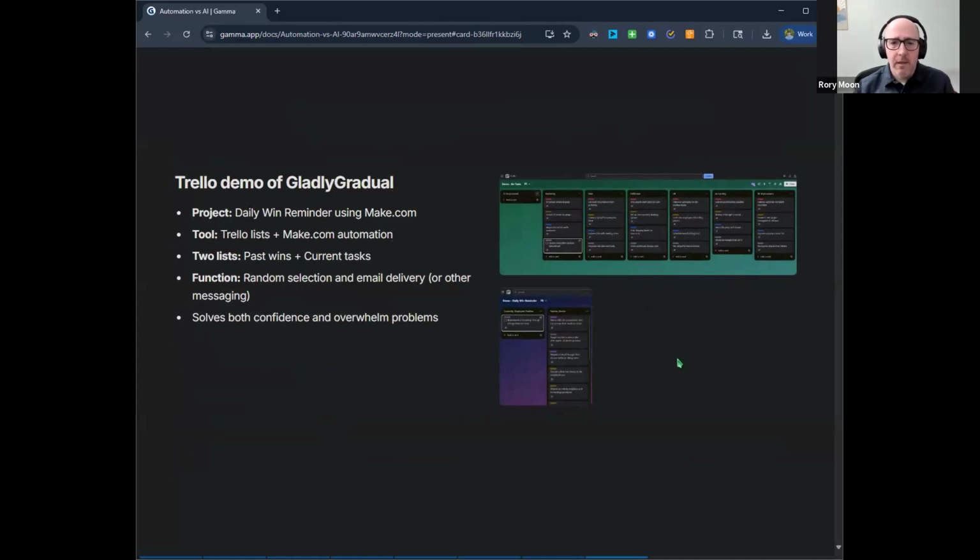And then I also created a list of positive wins. Like, here's something cool I did, here's various things, cool or hard things or things that I'm proud of. And then the automation would use AI to kind of combine the two to give me an